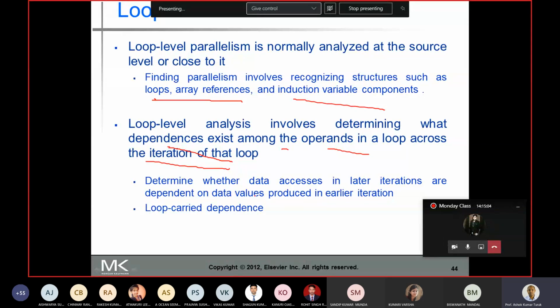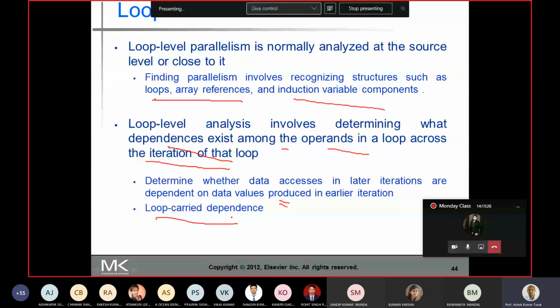You determine whether the data accesses in later iterations depend on data produced in earlier iterations. If there exists a dependence between iterations, we call it a loop carried dependence. That means one iteration of the loop depends on the result of the previous iteration.